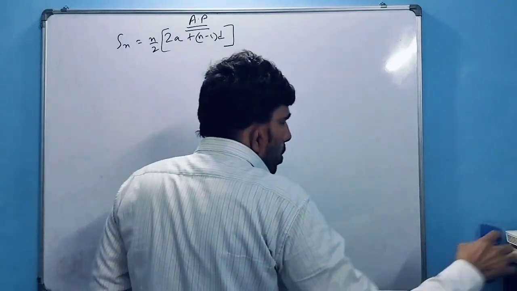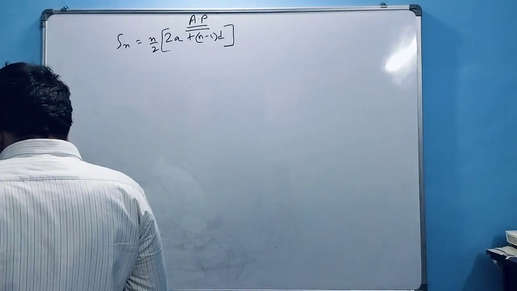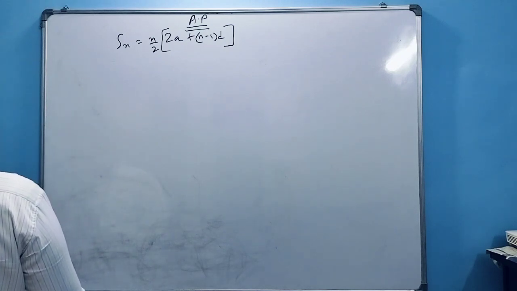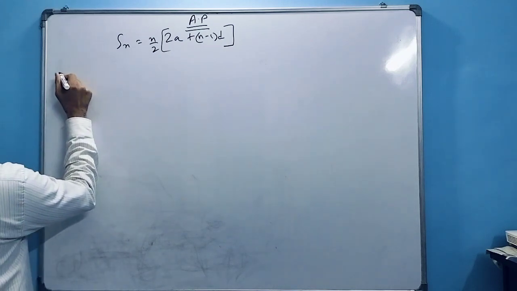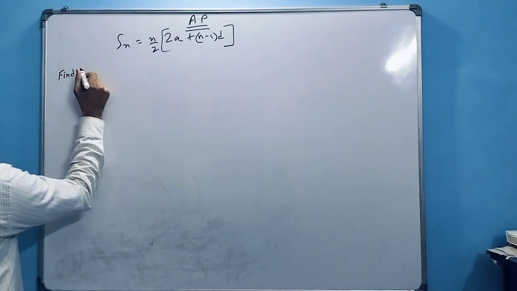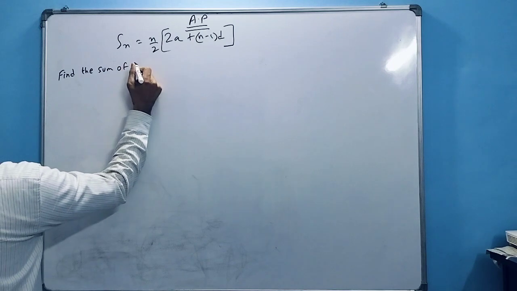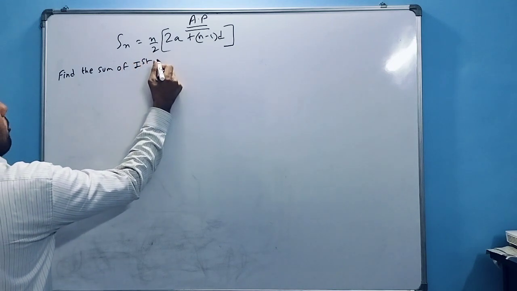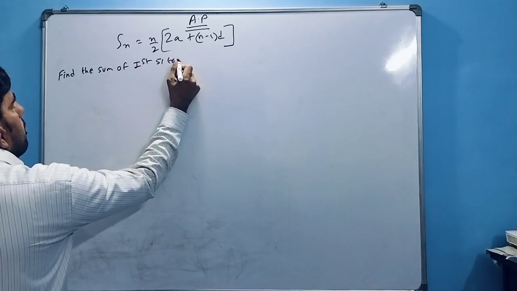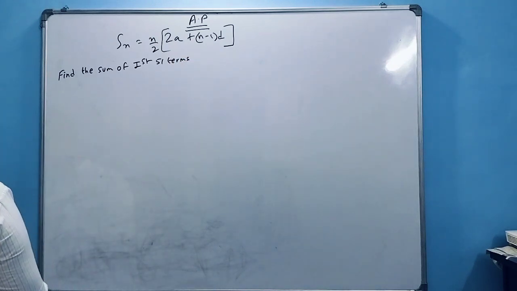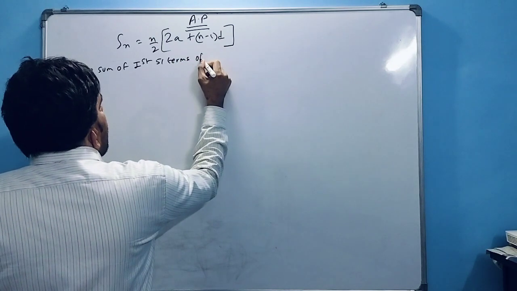So now we'll try to solve the next numericals. Find the sum of first 51 terms. Okay, they're asking to find the sum of first 51 terms of an AP